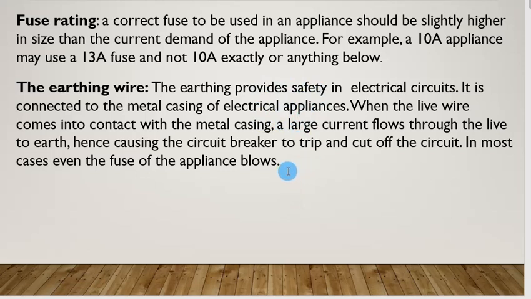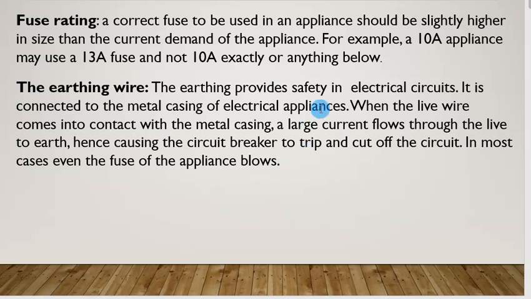In fact, it can even lead to death, because what actually kills is not the size of voltage but the size of current. And also what matters is which path this current has taken through your body. If it passes through your heart, then your heart can easily be stopped from beating because of just 100 milliamps of current passing through the heart.